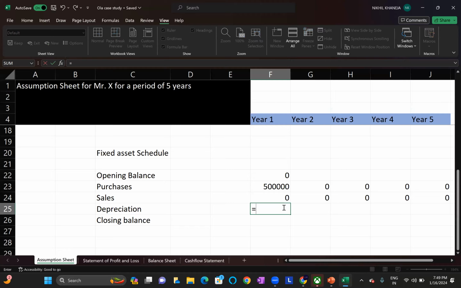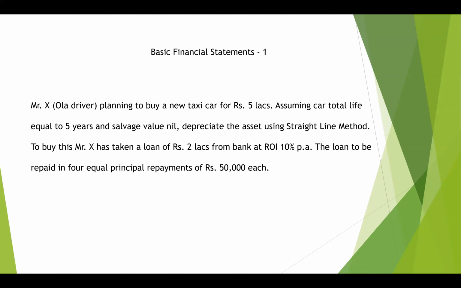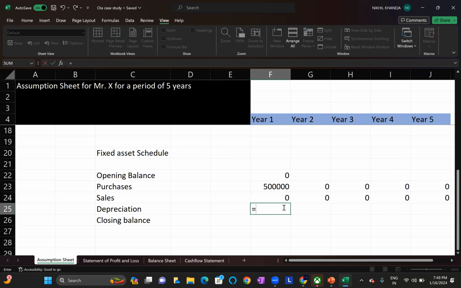Depreciation, they are saying straight line method. So obviously, I will depreciate the asset equally throughout the period of 5 years as per the straight line method. Equal amount of depreciation will be charged over the useful life of the asset. So this divided by 5 useful life. And I will also keep this F23